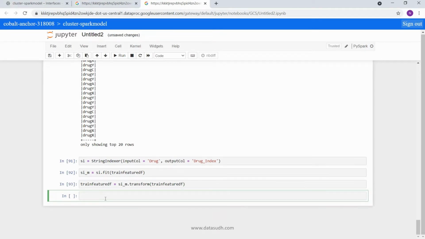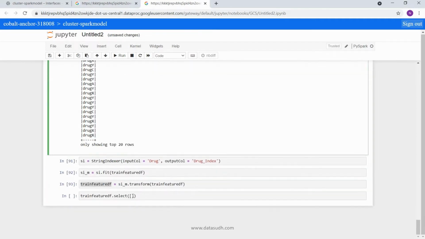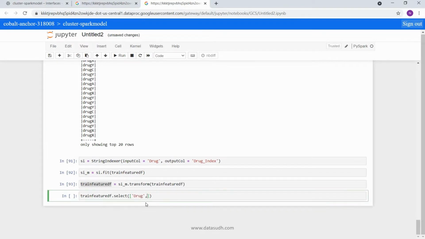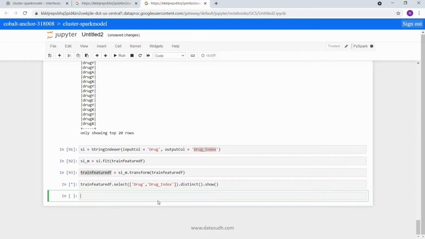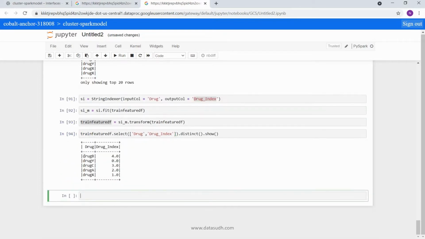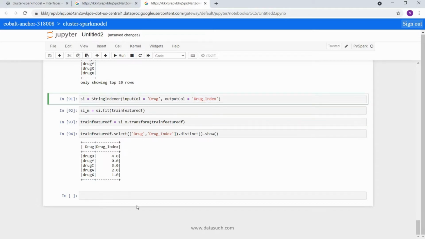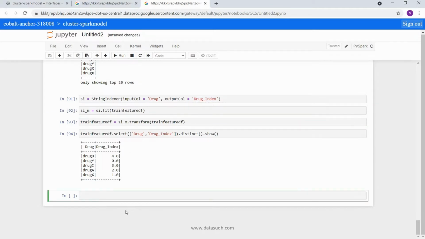So if I check my drug column now, and select distinct values, my drug column label values are now converted to index. So this is now suitable for model training.